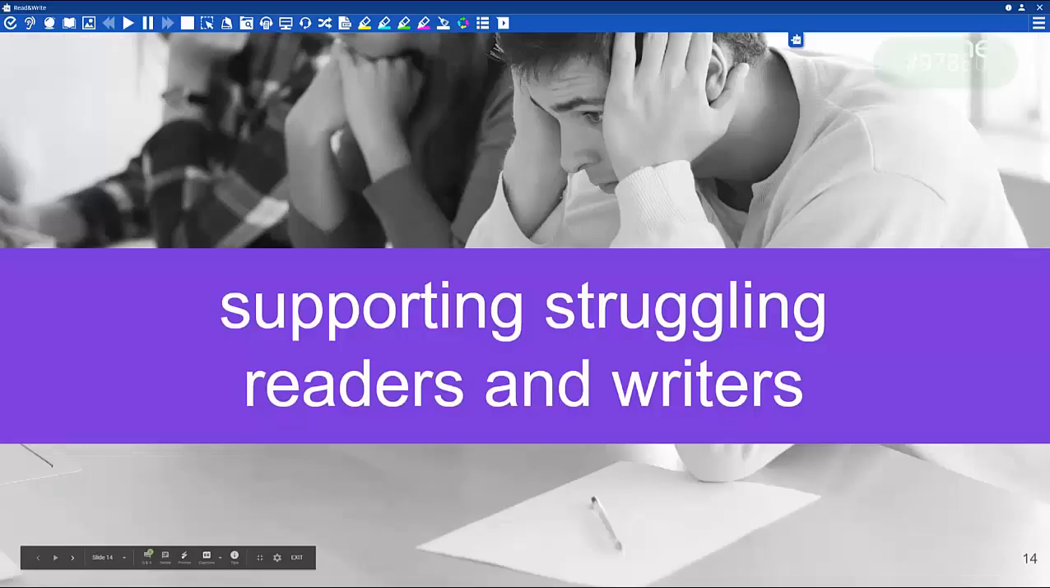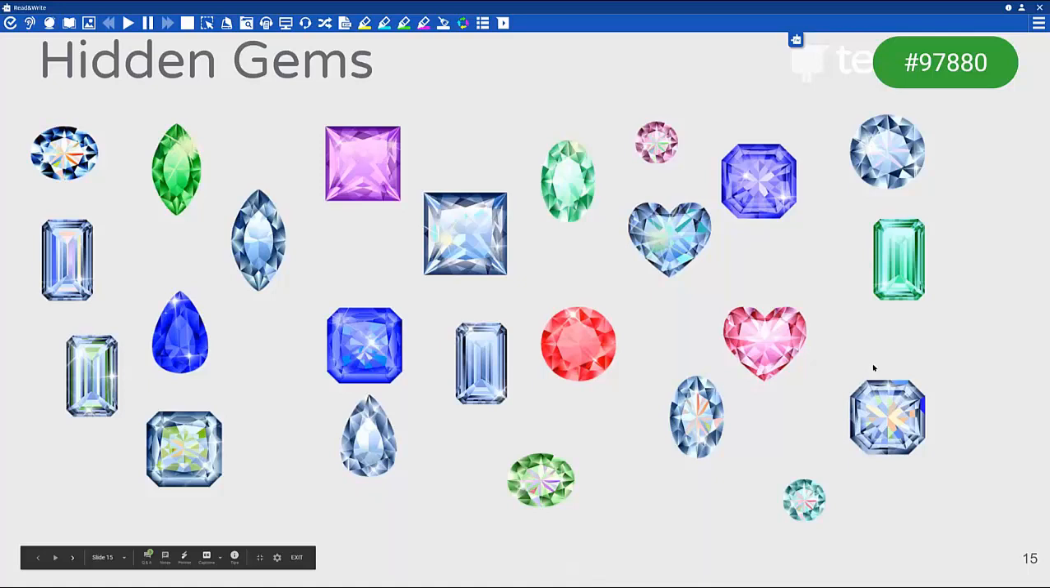Obviously, with the name of the software, it's very obvious where Read and Write is recommended. It's to support anybody who has difficulty with reading and or writing. So for that reason, tools such as text-to-speech and prediction can be the most commonly demonstrated aspects of the software. However, there are some what I'm going to call hidden gems in the software,